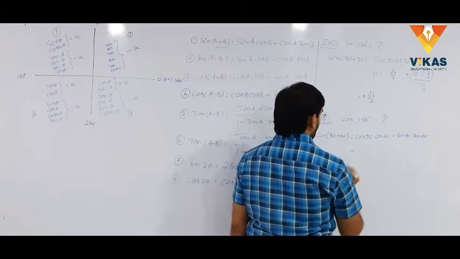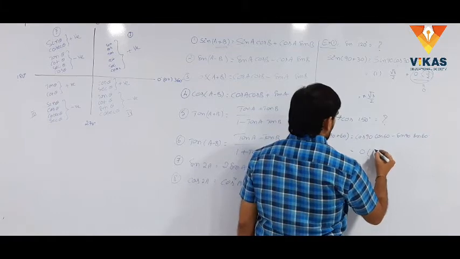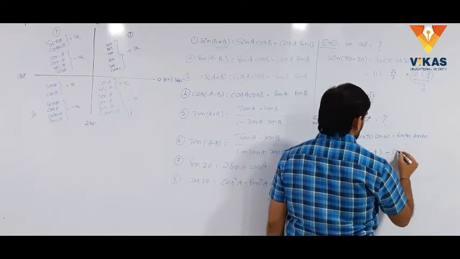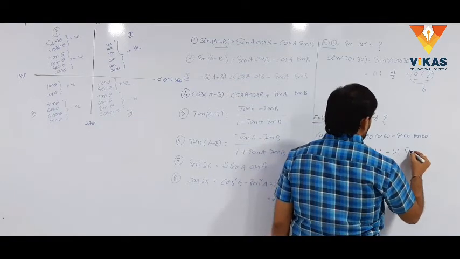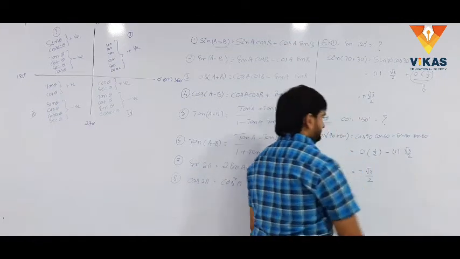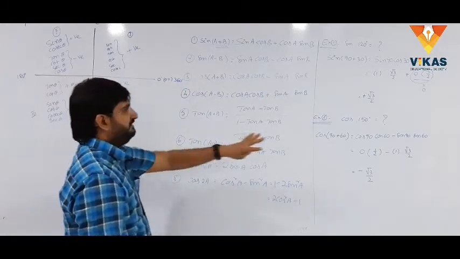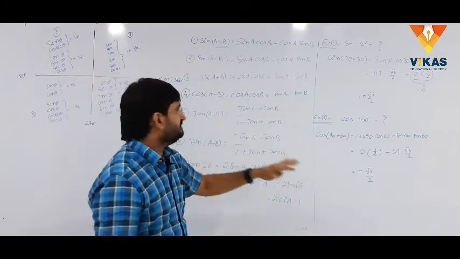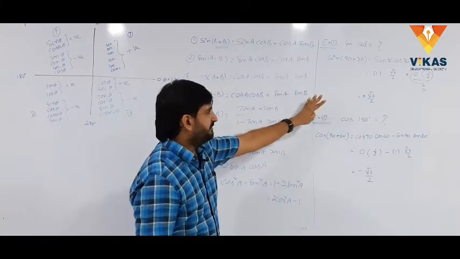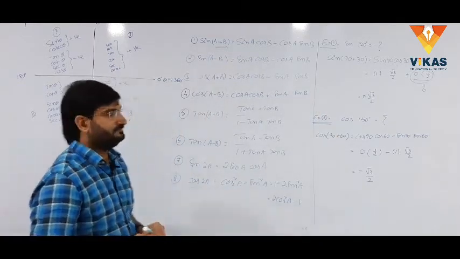Here we understood cos 90 is 0, cos 60 is 1 by 2, minus sin 90. Sin 90 is 1, sin 60 is root 3 by 2. Simply this value is minus root 3 by 2. We use the same concept in the quadrant system to get the results. These formulas are interlinked with these problems. It can be solved easily by using these formulas, right? Write down.